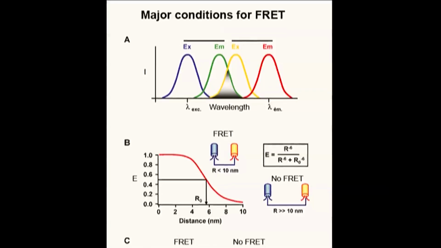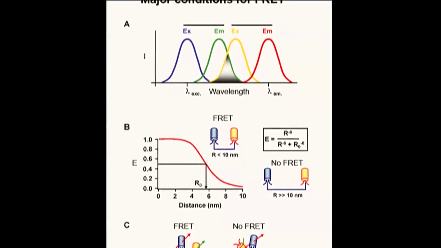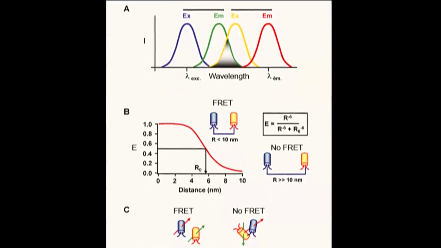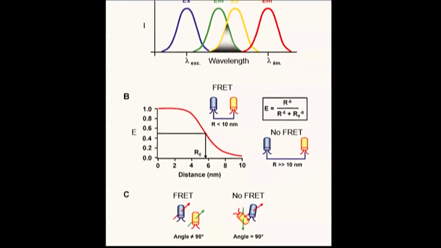Now, in case of FRET, what happens if there are two fluorophores which are so close together that there can be dipole-dipole coupling, then one fluorophore acts as an acceptor and one fluorophore a donor. So the incident light is accepted by the donor fluorophore, which gets excited. Now, this will lead to corresponding excitation of the acceptor fluorophore, and this will happen when this excitation energy is